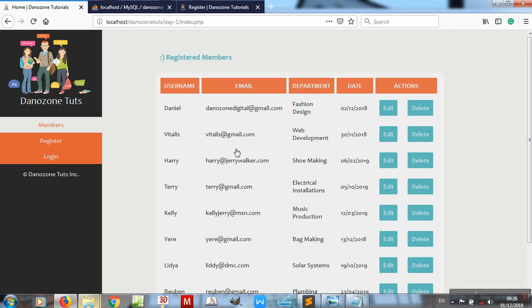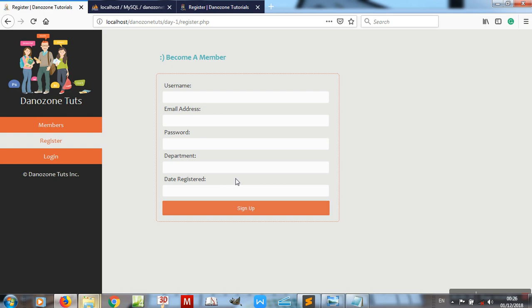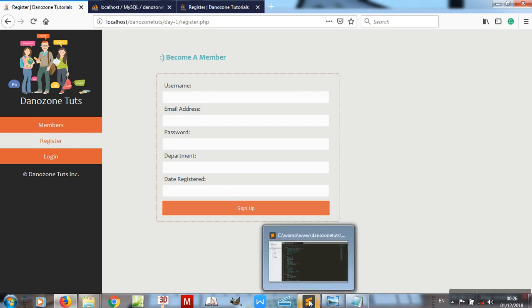Now we want to be sure that each time someone tries to sign up, we make sure there is something here. If you click this now without putting anything, it will go in like that, and that's very wrong. We want it in such a way that when you click on sign up, you can say, please enter your username, please enter your email address, and please enter your password and the rest. Okay, so we come in here,